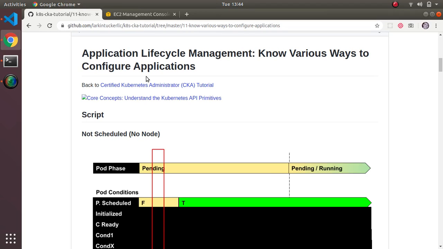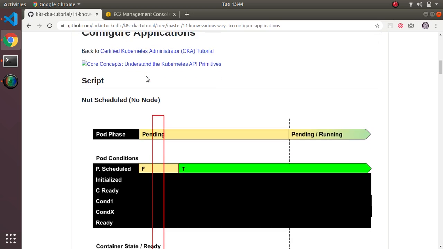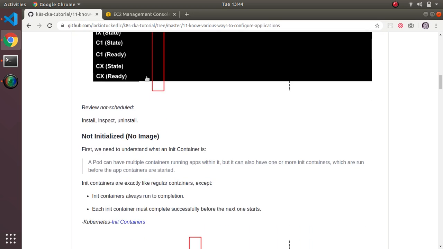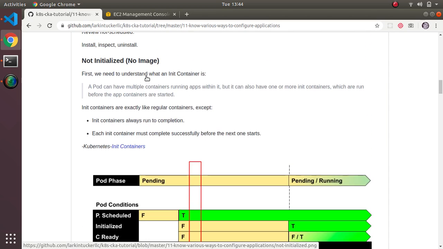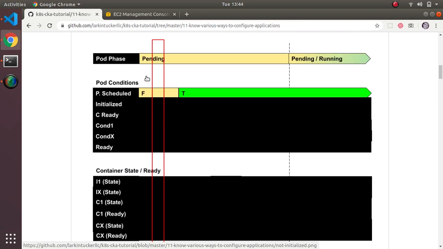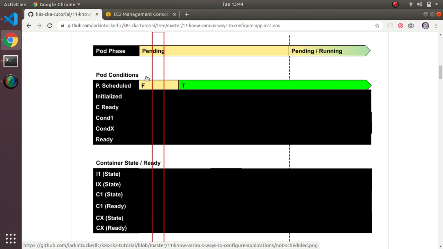This section is entitled Application Lifecycle Management, Know Various Ways to Configure Applications. This is essentially a continuation of the previous video where we explored the theory around various states of pods and their containers, right? And this time we're going to go through the same thing again, but maybe more visually and with more concrete